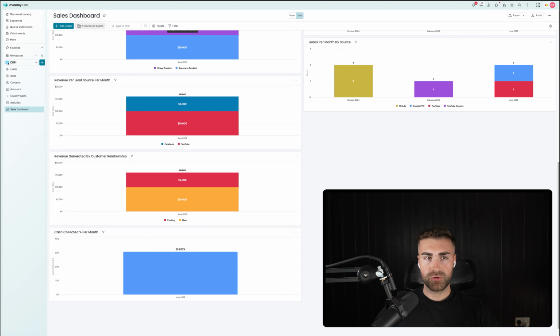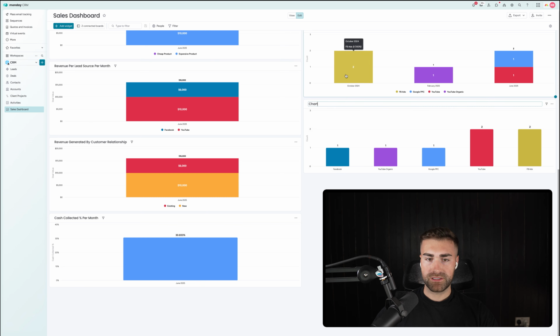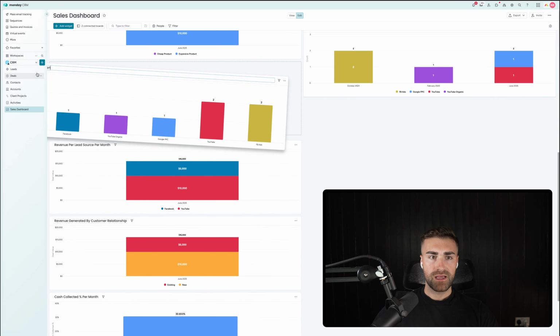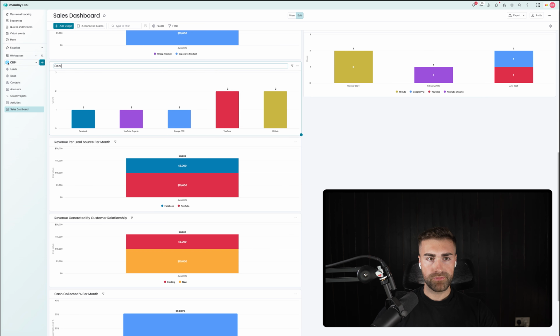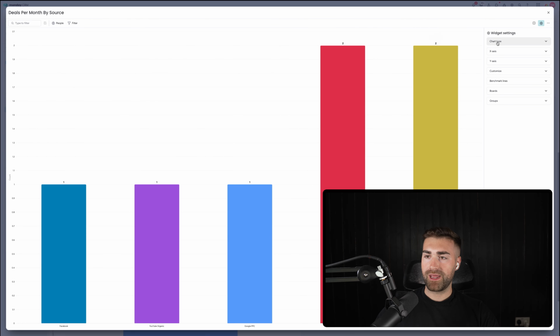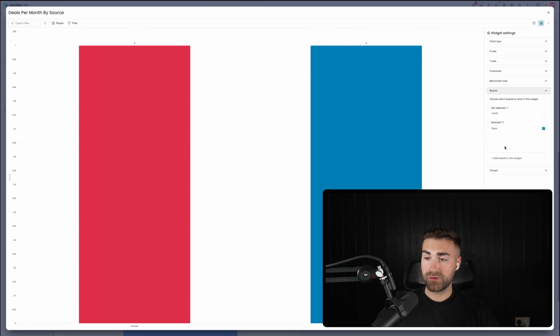As opposed to leads, we just want to look at the number of deals generated per month by source. So again, we would just add a new chart, and let's see if I can maybe reposition this across just so you can see. We go deals per month by source, hit enter, then the three-dotted button, settings, and in this instance we want the deals board,